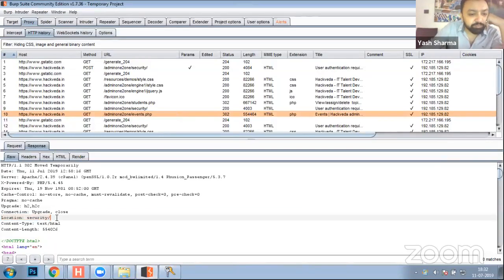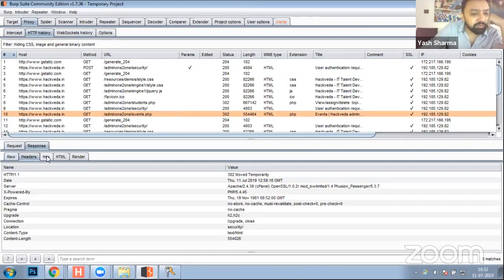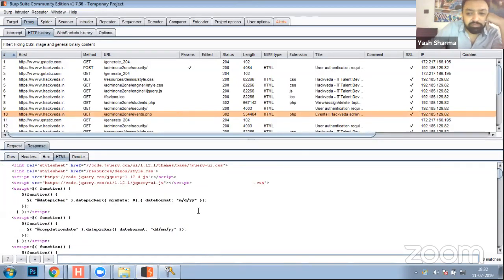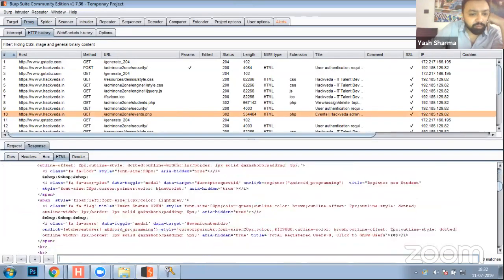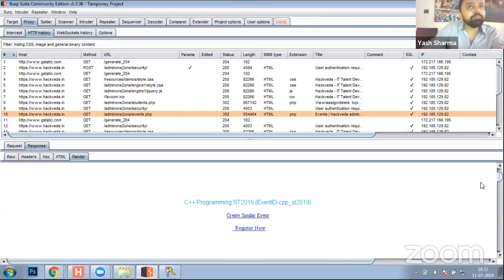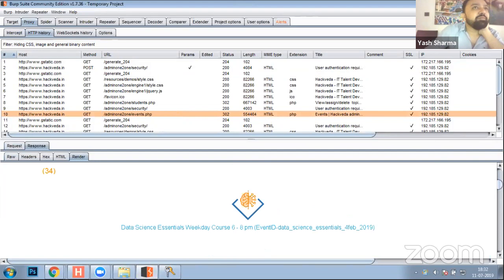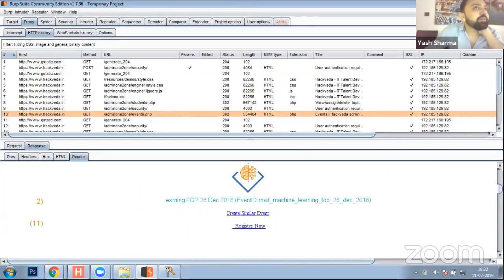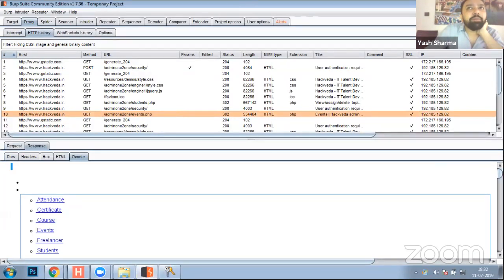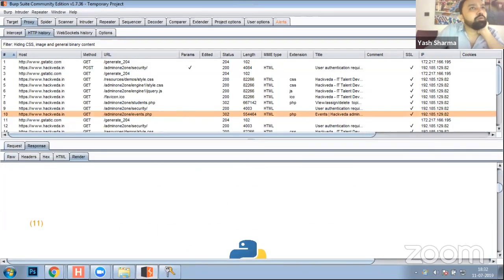Now what I can do is I can delete this response. You can delete this response headers. HTML रेंडर कर सकते हो। ये आपका HTML पेज है जो इवेंट्स का पेज वहां से बैकग्राउंड से लोड हुआ है। ये पूरा कोड इवेंट्स का ऑलरेडी बना हुआ है। You can directly render it. रेंडर में जब आप देखो तो पेज दिख रहा है, जबकि हम लॉगिन नहीं थे। वहां से रिस्पॉन्स आ गया, लेकिन कोड ऐसा लिखा है कि वो आपको सिक्योरिटी पे रिडायरेक्ट कर देगा, क्योंकि आप लॉगिन नहीं हो।